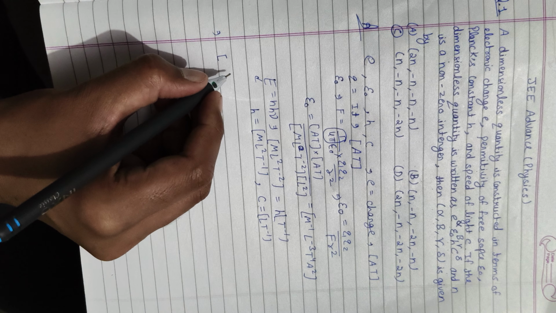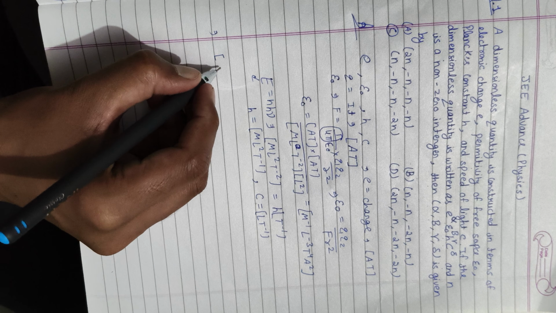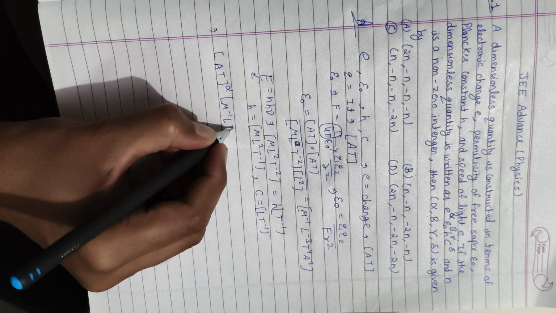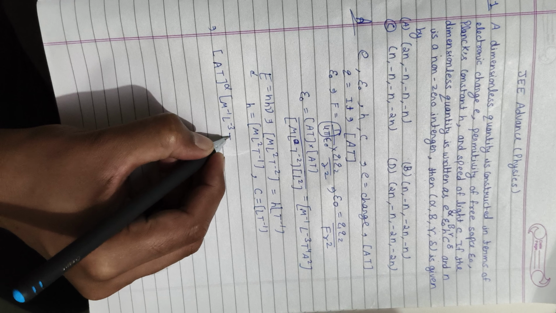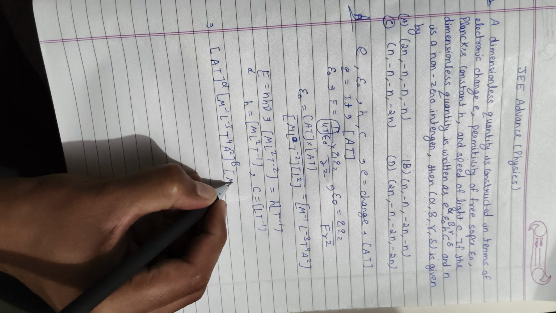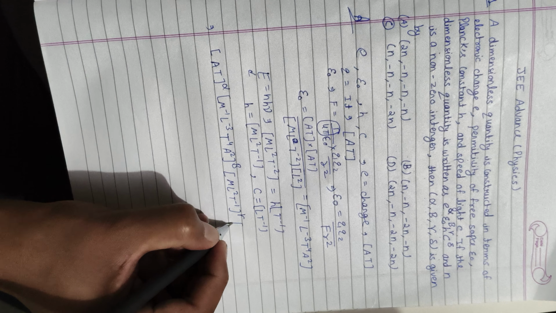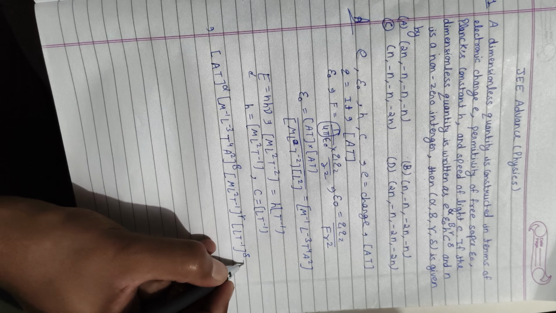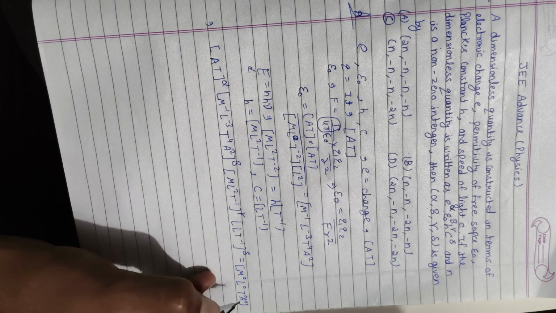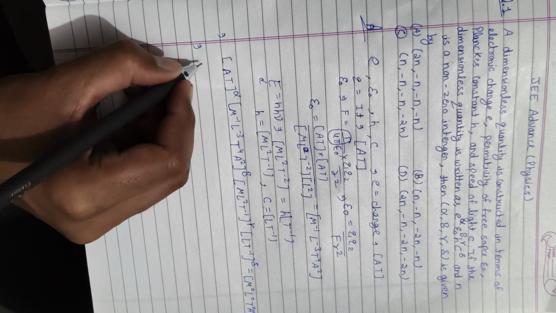So we can find easily, because in this dimension we have the powers alpha, beta, gamma, and delta, and this is a dimensionless quantity. It means if we take e to the power alpha, meaning A T to the power alpha, times M inverse L minus 3 T to the power 4 A square to the power beta, times M L2 T minus 1 to the power gamma, times L T minus 1 to the power delta, it is equal to M0 L0 T0 A0, because it is a dimensionless quantity and has no dimension. So we can find it easily by solving this equation.